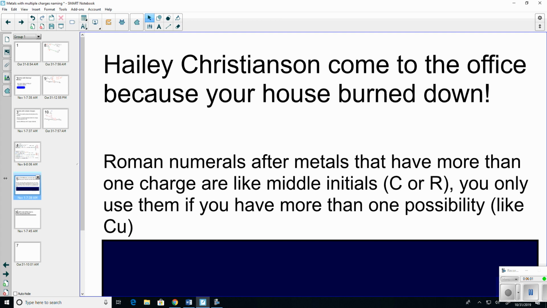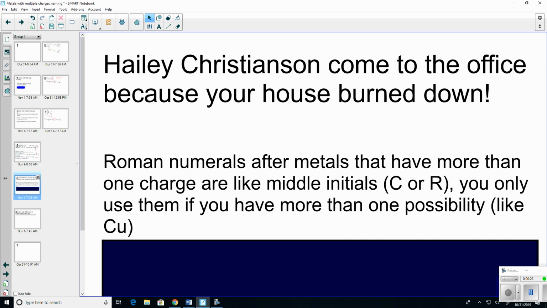Another way to think about why we have to do what we're about to do. I don't know if you're aware of it, but last year, there were 2 Haley Christensens in this school. So if the office made an announcement that said, Haley Christensen, come to the office because your house burned down, you'd have 2 people freaking out. But only one of them would have had the issue because they weren't even related. That's why